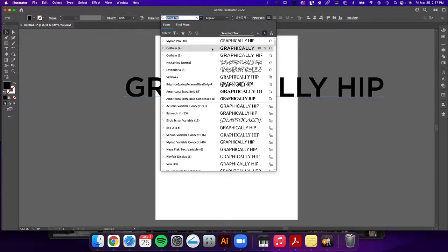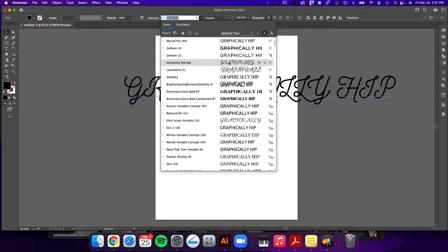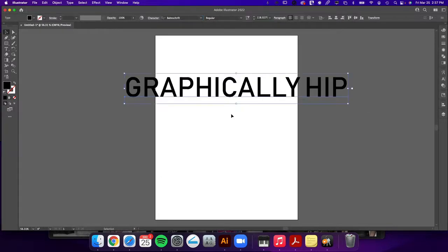When I'm designing shirts or anything that's going to be cut, especially letters, I try to stick with a thicker font because the printer has an easier time cutting a thicker font rather than something that's super thin like this. So I'm just going to go ahead and pick a random font. And then I'm going to show you how to